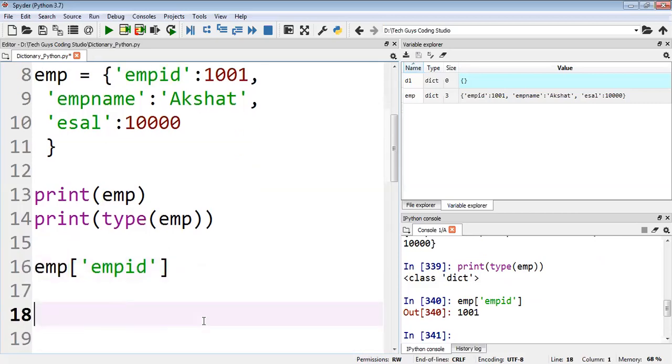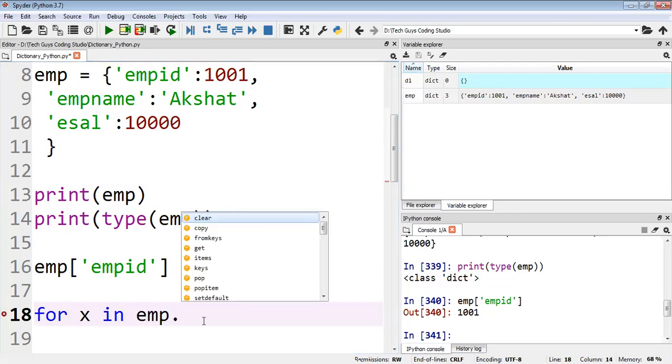We have one more way to fetch the values. For example, I want to fetch the values with the help of a for loop. For x in emp dot, see here we have some methods.